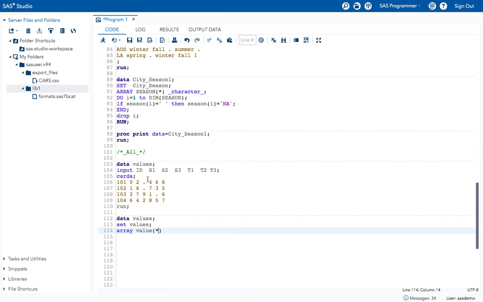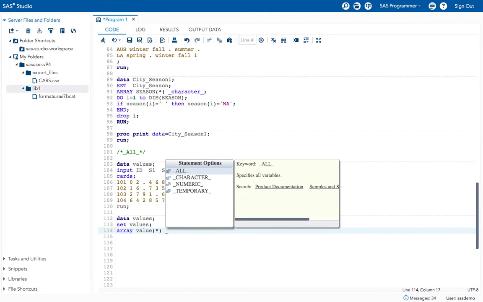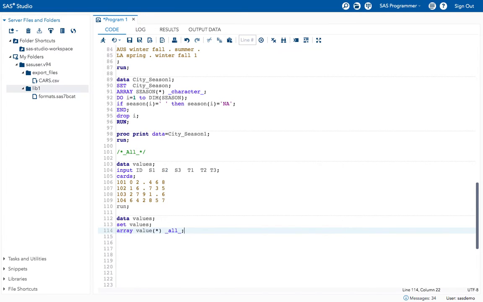If I give the asterisk it applies to all the variables, and I'm giving here _all_. That means it specifies all the variables.